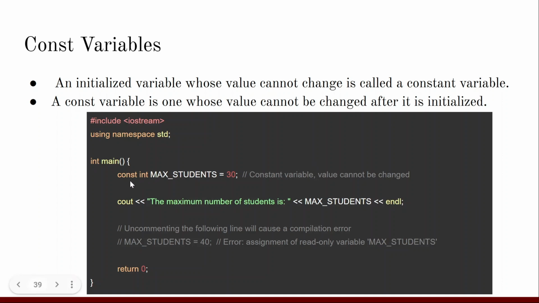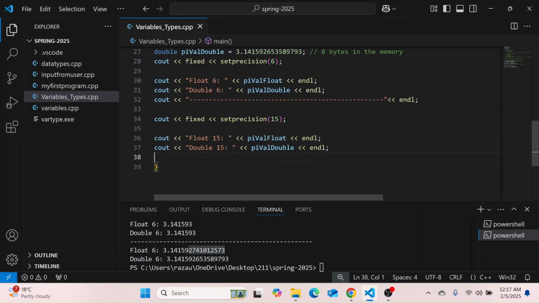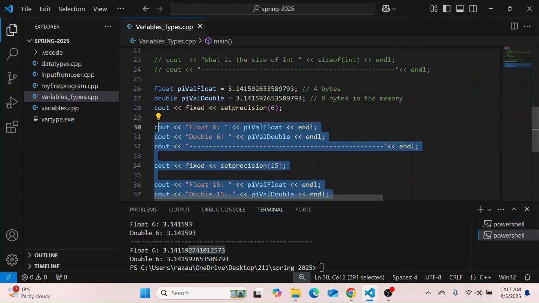The keyword is const: const int max student, that's the 30 students we have. You cannot override their values. All right, I can give you an example. Let me comment almost everything